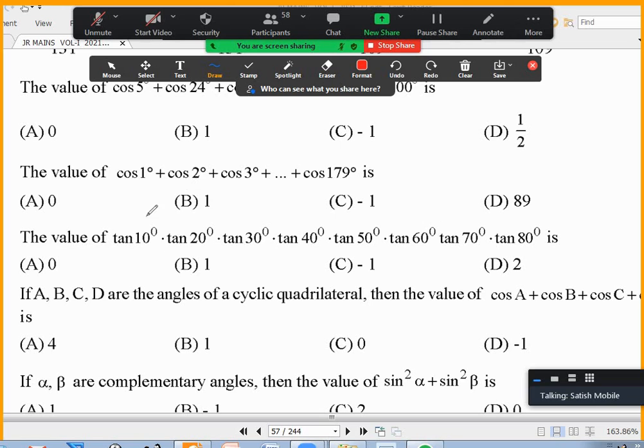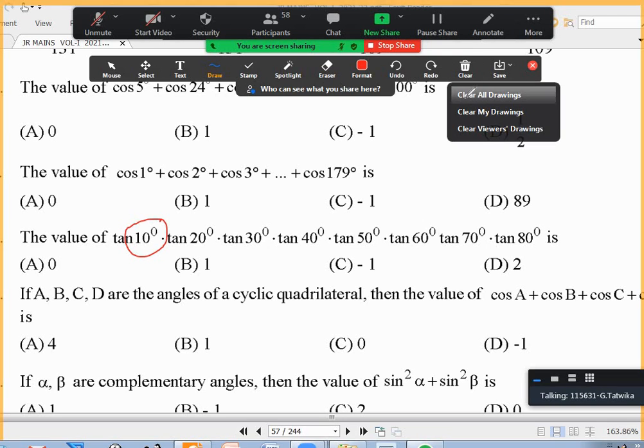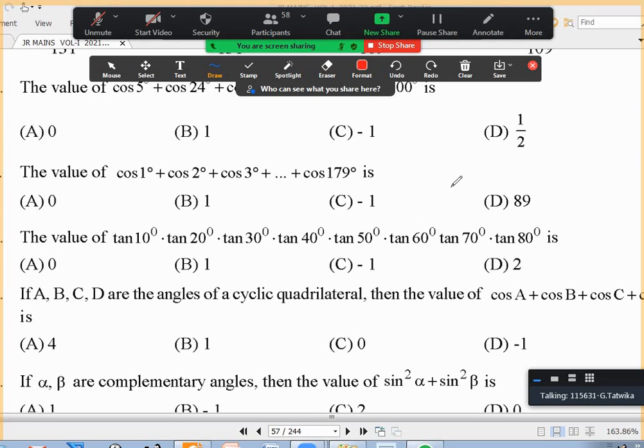Look at the 12th one, the first one and the last one, cos 70. Tatvika, tell. Sir, in the 11th question, there will be cos 45 degrees, no, sir? No. We are talking about right in the middle. What will be there? I think right in the middle, cos 90 will be there. That is also 0. So everything will cancel out, right? Yes, sir.